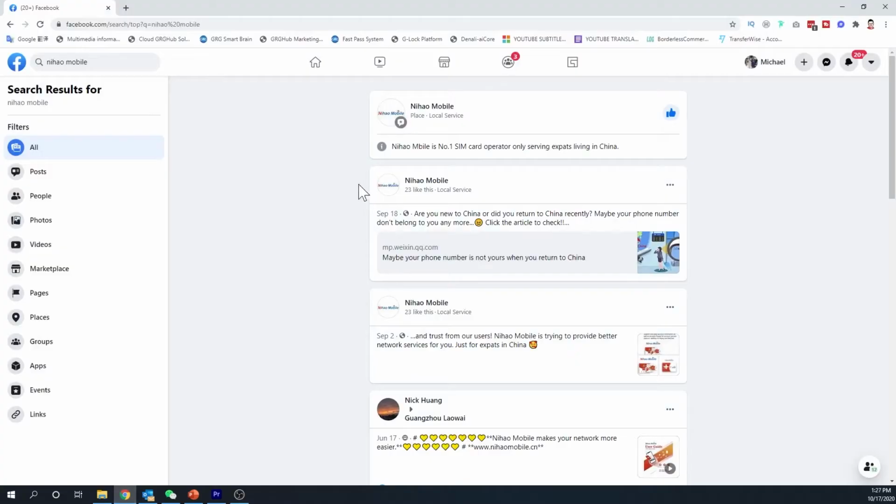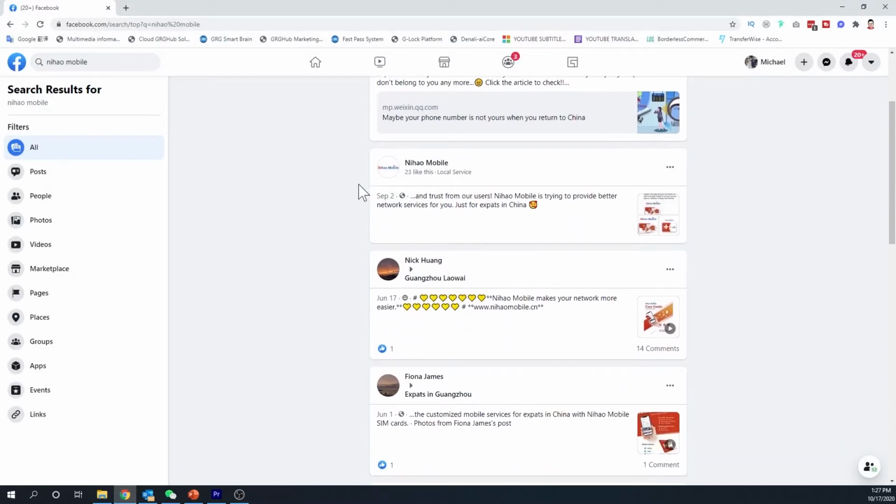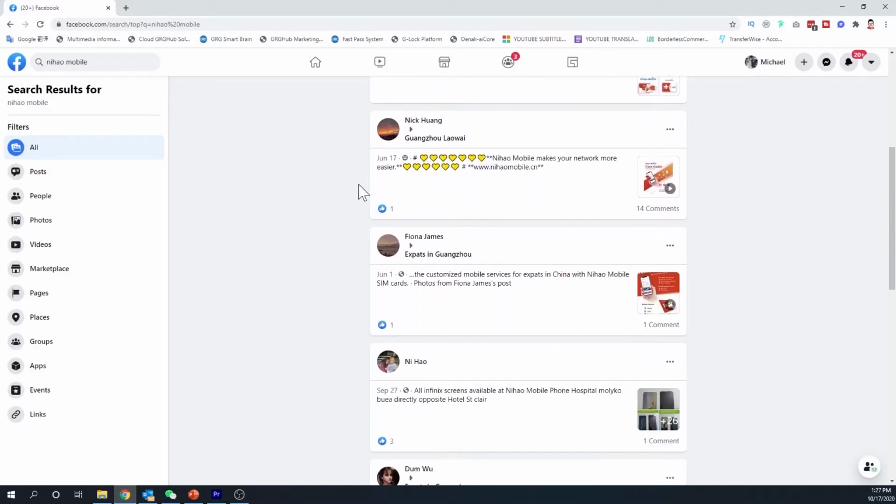So if you didn't know, getting a cell phone SIM card in China can be quite a hassle. You need to physically go to a store and provide them all kinds of paperwork and information like your passport, your temporary residence permit, your visa information, and maybe even your bank account information. Luckily, I actually bumped into this company doing an advertisement on Facebook, so they know how to market to foreigners,